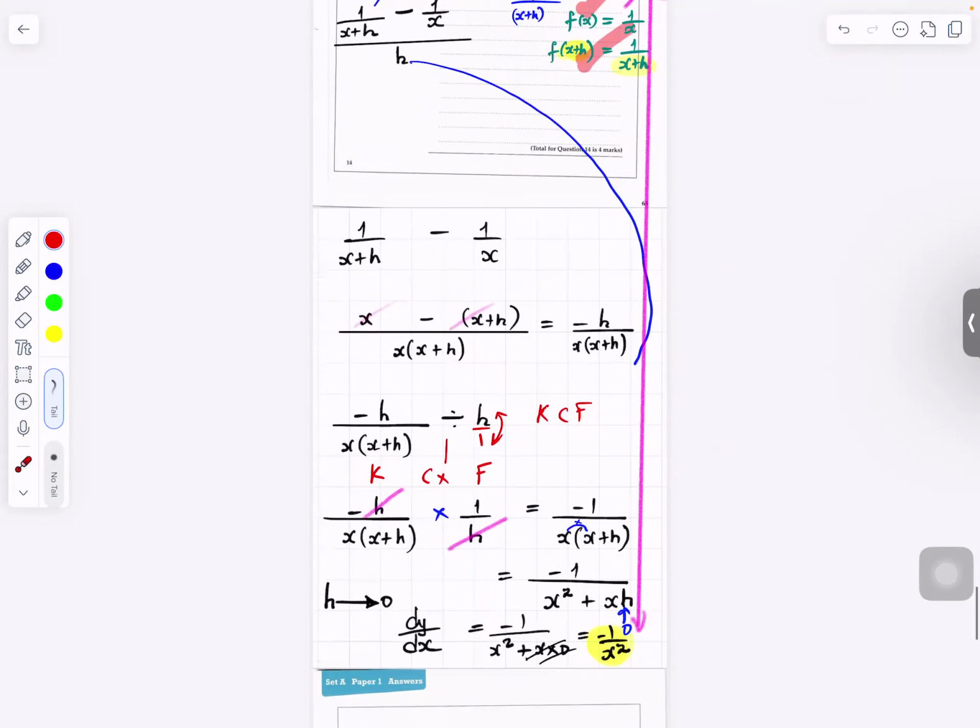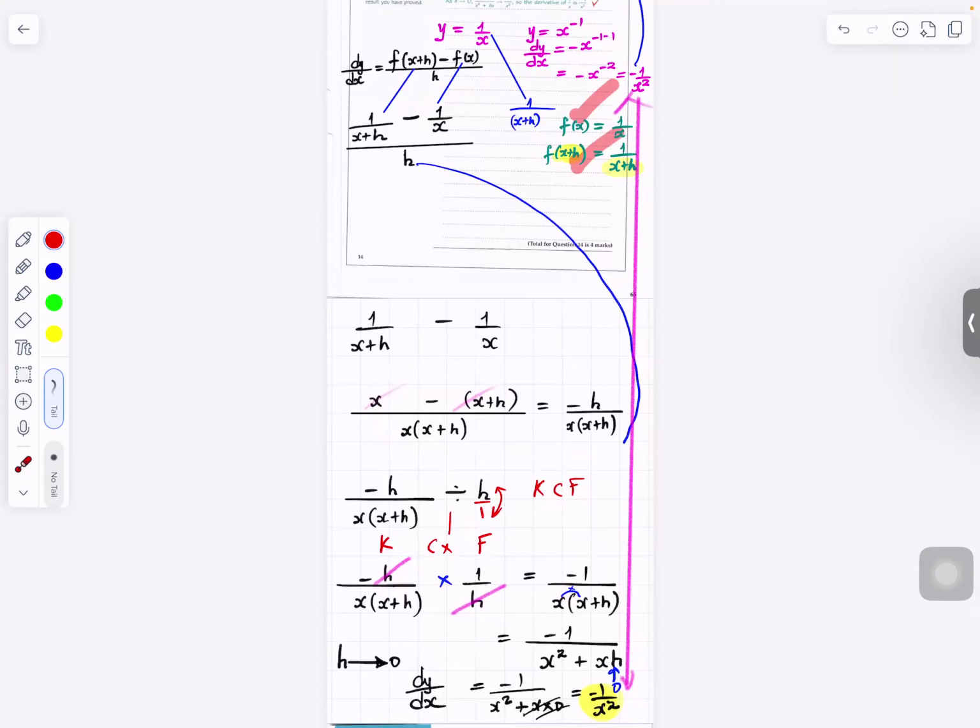So it looks a little bit long. It's 4 marks. You should do it in 1 page. Never do more than 1 page. If you do more than 1 page, that means you're going wrong. I just write it big so you can see it. But in exams, it's 4 marks. It shouldn't be more than 1 page, unless you make a mistake and then you can change it. I hope that